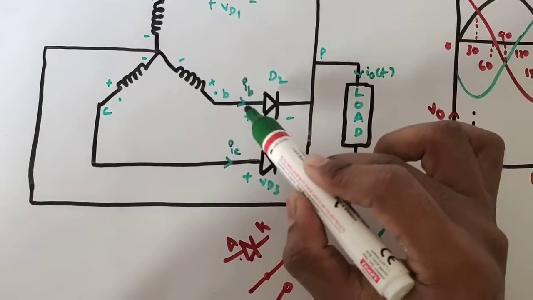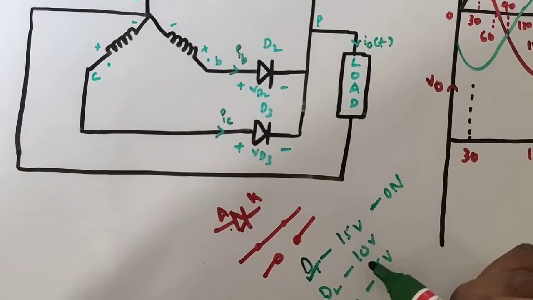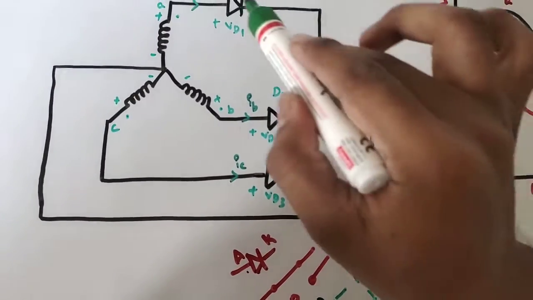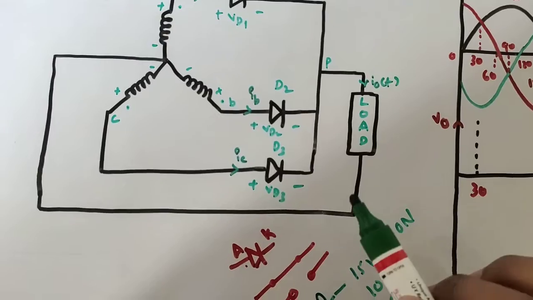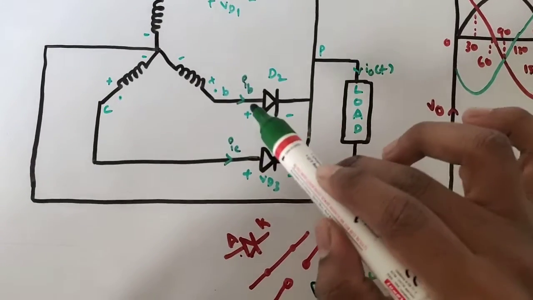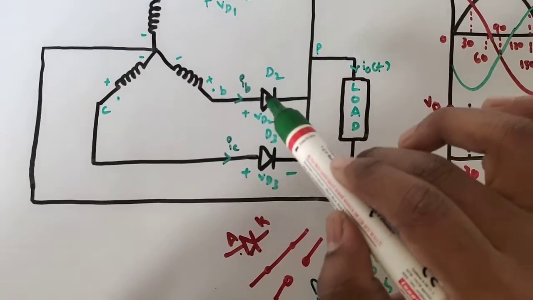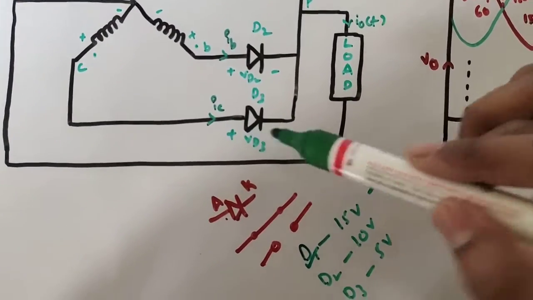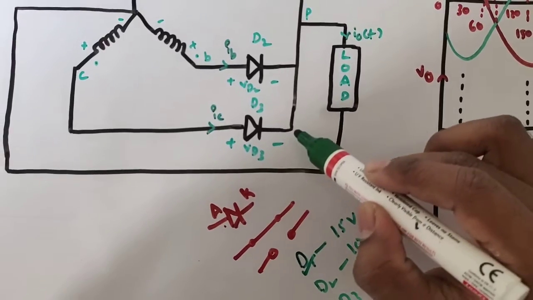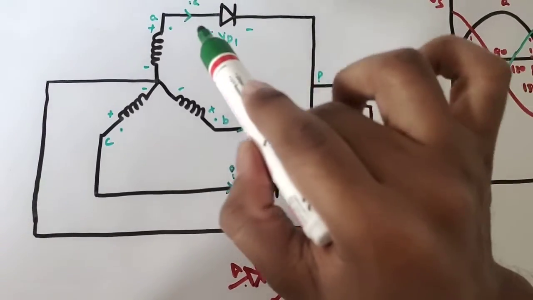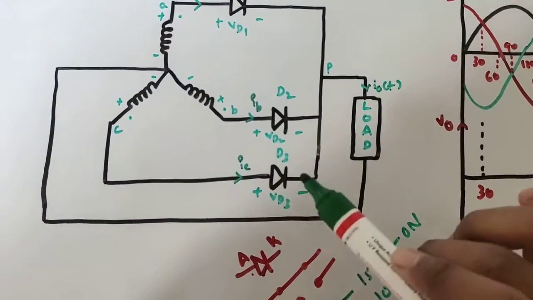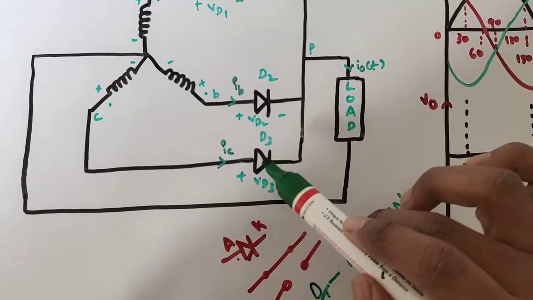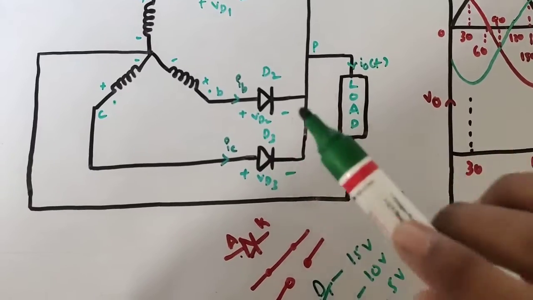Now we have 10 volts here. The reason is the anode potential of D2 is 10 volts, but we are getting the cathode potential as 15 volts here. So you tell me, the cathode potential is greater than the anode potential here, so that is the only reason it is going to be reverse biased. Similarly, for diode D3 the anode potential is 5 volts and you are going to get 15 volts at the cathode. So the cathode potential is more when compared to the anode potential. That is the only reason, and it is going to be open circuited.